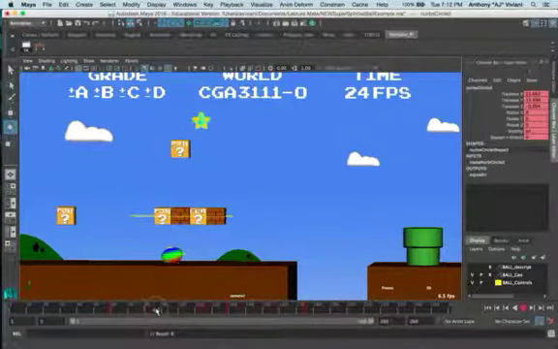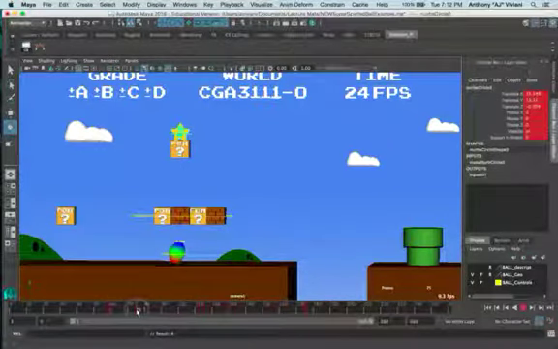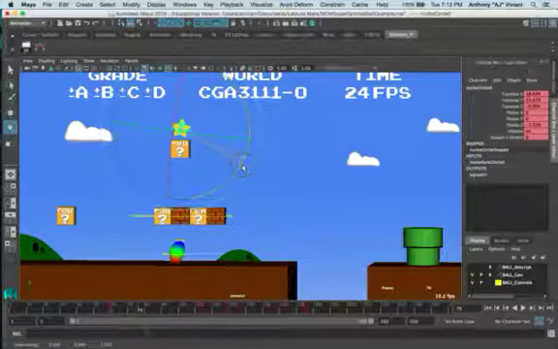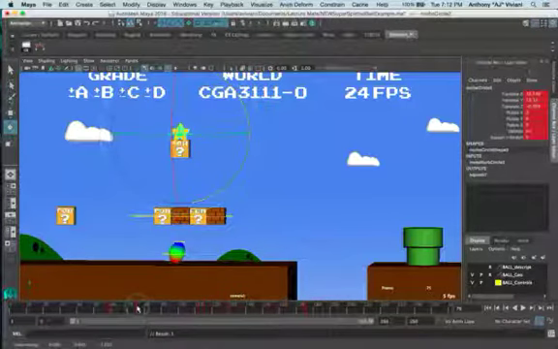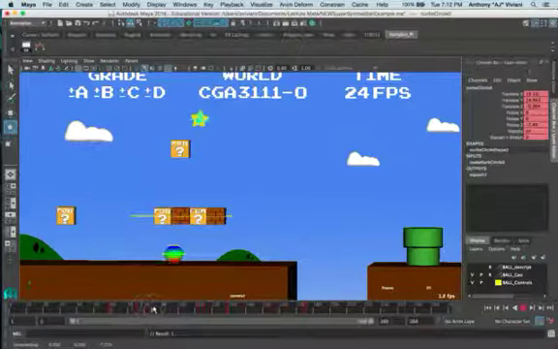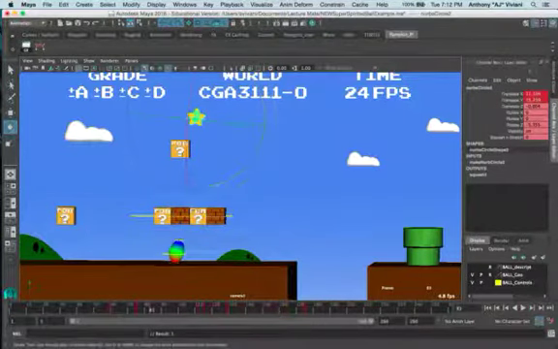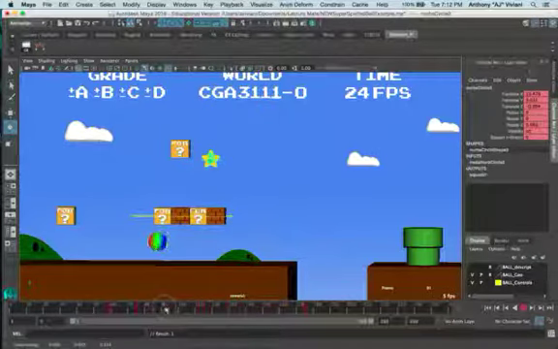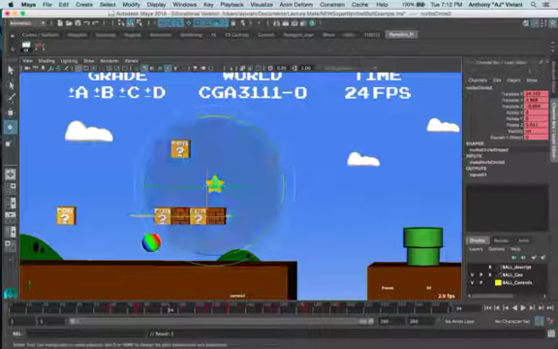If you're going to jump, lean into it. Think of it this way: this is the last moment that we're on the ground. This is our first moment we're in the air. Lean forward into the jump the moment you're in the air with your rotation on the star, and then when you hit the top, zero it out. This is a neutral position. And then just before you land, just before you land,